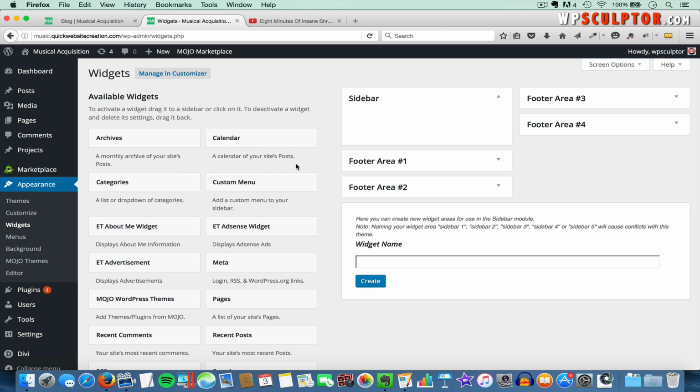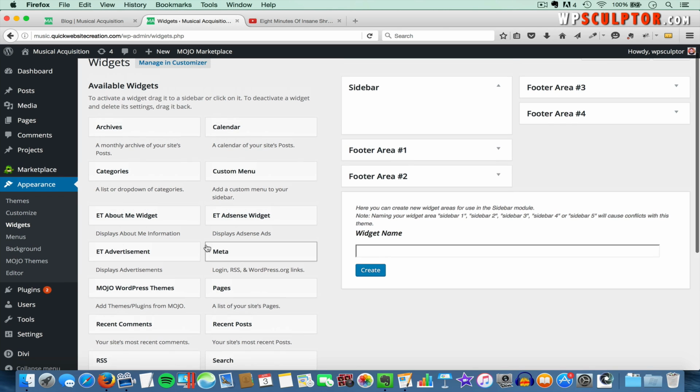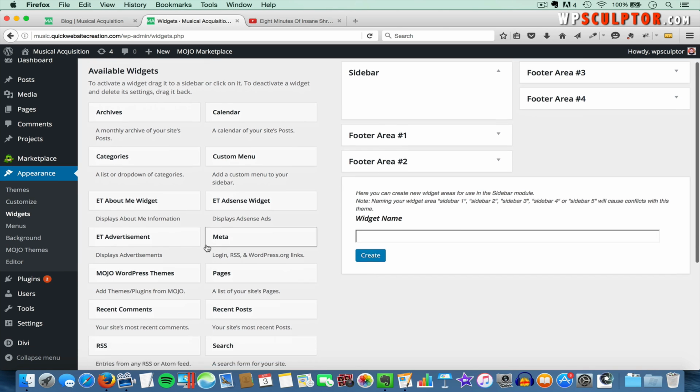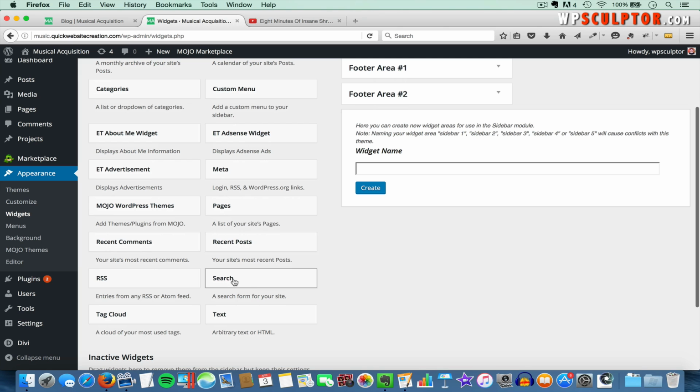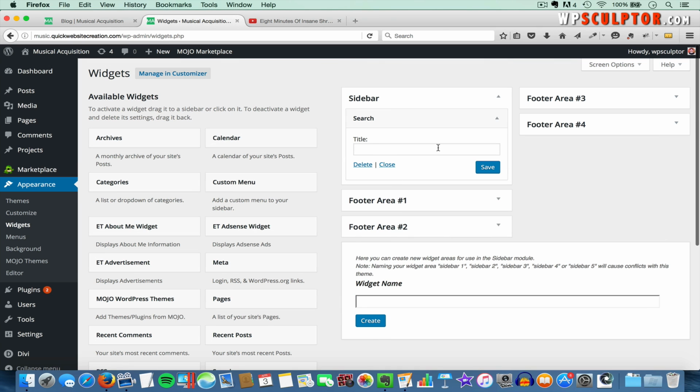And then to add widgets, all we need to do is choose from the available widget area. And first, I'm going to add a search widget. So I'm going to come down and find that, and then I can just click on it. And then I can assign it to the sidebar, make sure that's checked because that's where I want this widget to go. And then click on Add Widget, and that's going to put the widget in place. And then I'm going to give it a title. Say, search our blog,